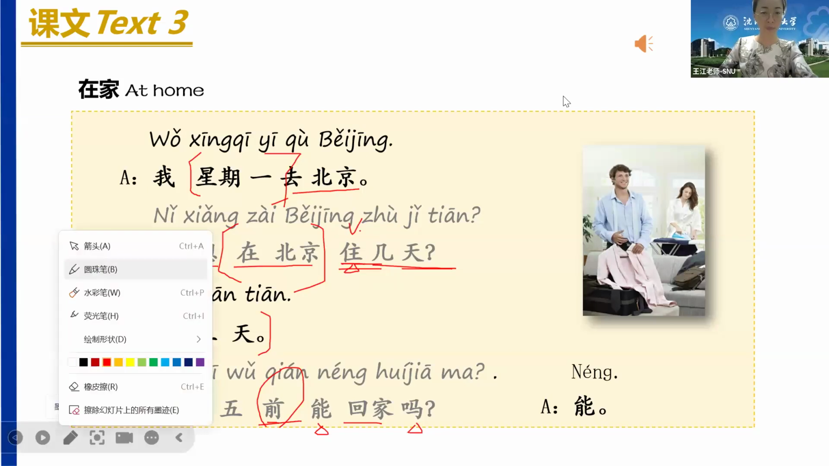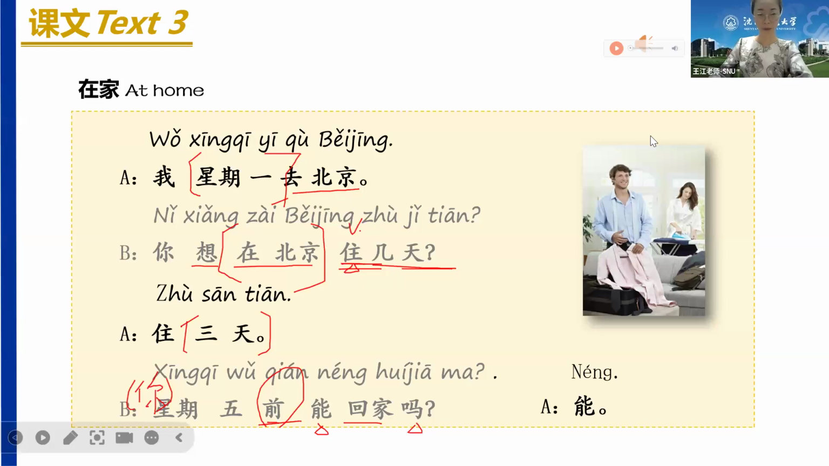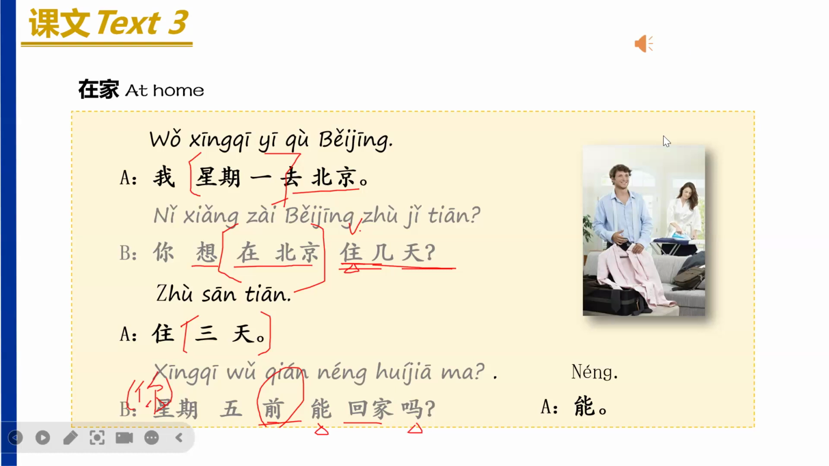课文3，Text 3. 我星期一去北京，你想在北京住几天？住3天，星期五前能回家吗？能。New words. 住 前